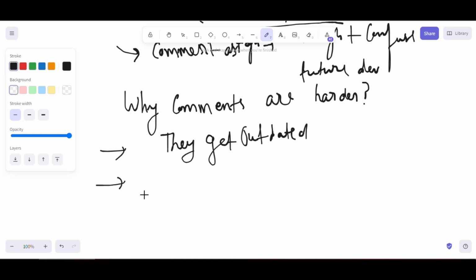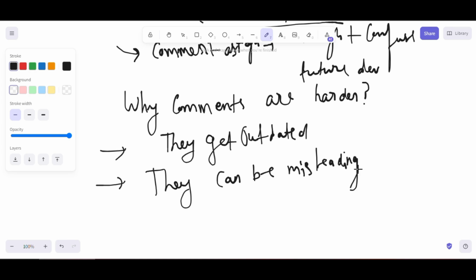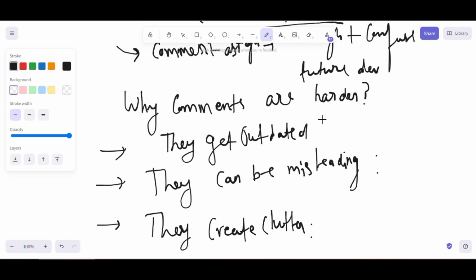Number two, they can be misleading. Number three, they create clutter. Comments create clutter. We will list it down and then we'll discuss. I hope you understood why comments are harmful.